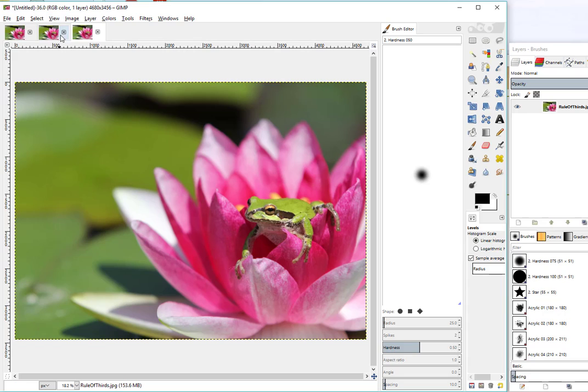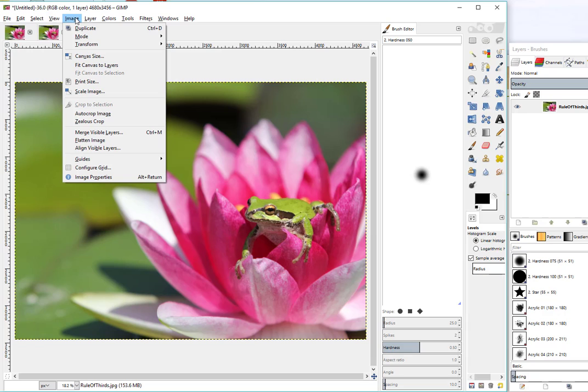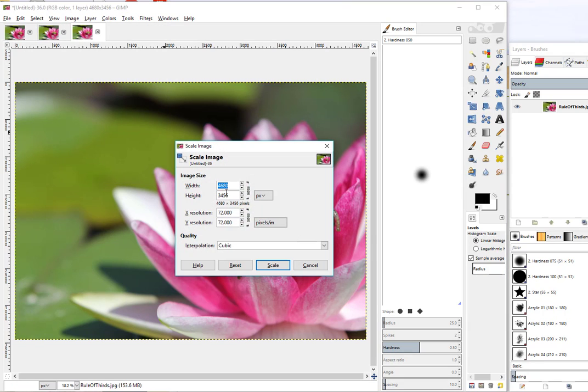You'll see I have up at the top of my window, I can see I now have 3 of the exact same image open. If you need to rotate it because it's the wrong direction, you can go Image, Transform. You can flip it horizontally, vertically, 90 degrees, 180 degrees if you need to. If you need to scale it down to a smaller size, you can say Image, Scale Image, and you can